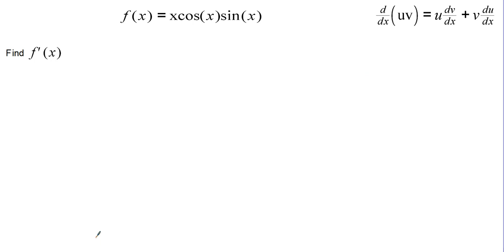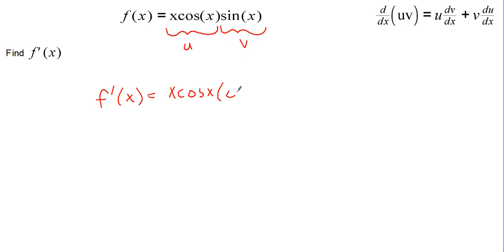This last one gets a little bit more complicated because we actually have three functions being multiplied together, x times cosine x times sine x. So in this case, one thing that we can do is we can take two of those functions multiplied together and call them u, and then leave the other one as v, giving us a derivative f prime of x, which is equal to u, or x cosine x, times the derivative of v, which is just cosine x,